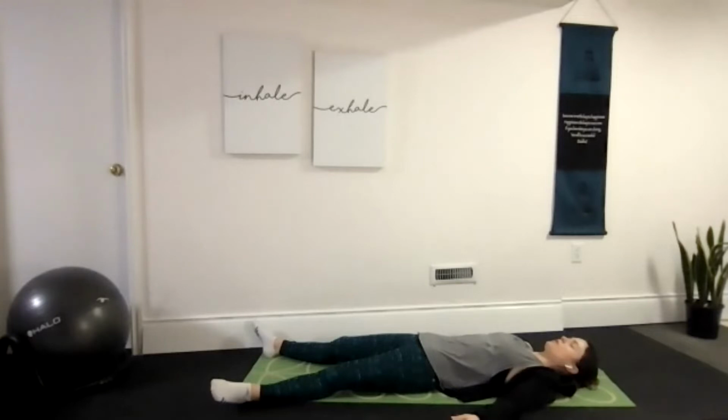I want us to focus on our breathing. Inhale through the nose, lifting the stomach as we do so as the diaphragm expands. And exhale, relax the body. Continuing to breathe in and out through the nose. Just becoming aware of how that feels. Realizing that sometimes this can be the hardest part of our practice. Just staying still,